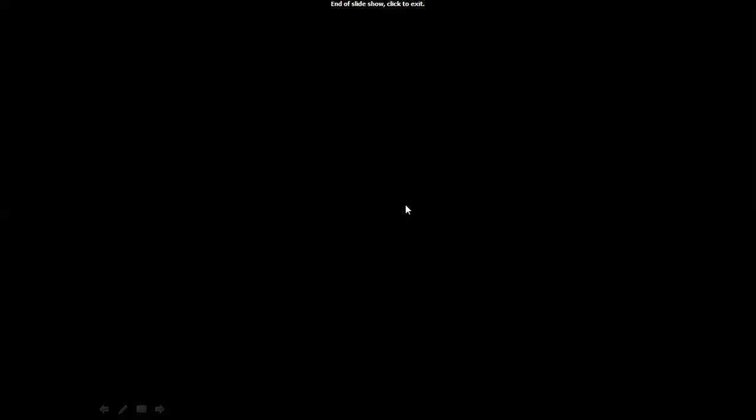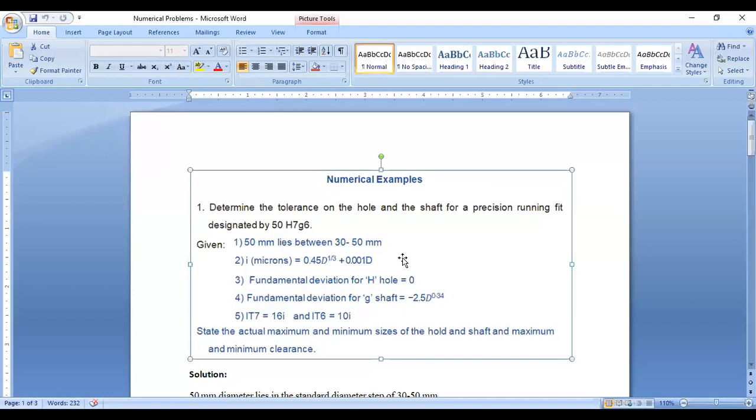So today we'll see one problem, so that we learn how to determine the limits of shaft and hole. See, this is the problem statement. I think you can see this new Word file which I have shared. One of you can say whether you can see it. So here, what is the problem statement given? Listen carefully.